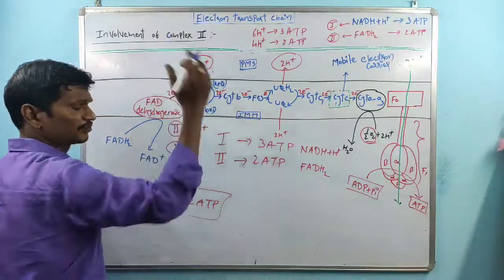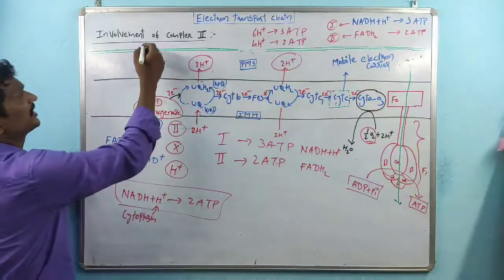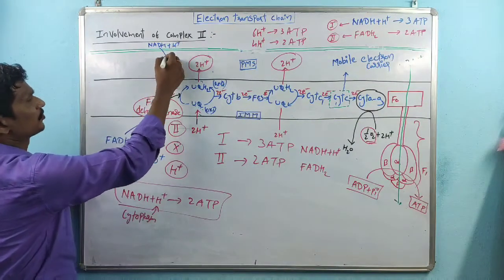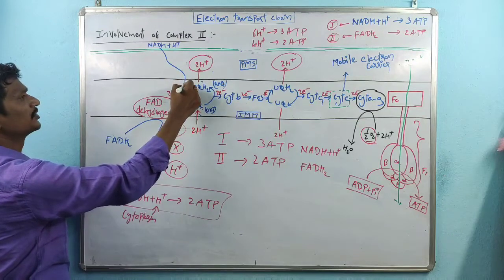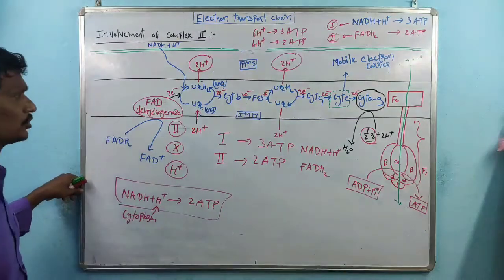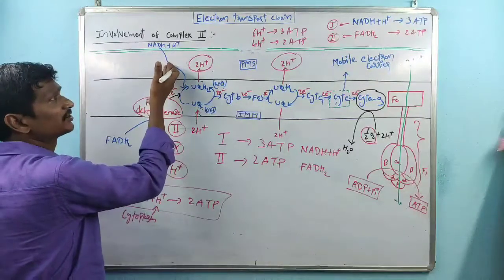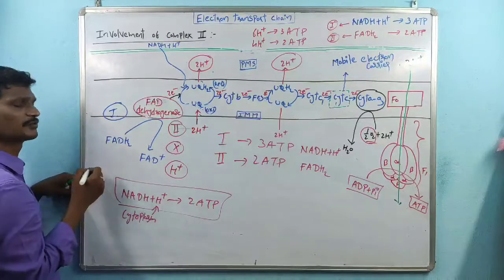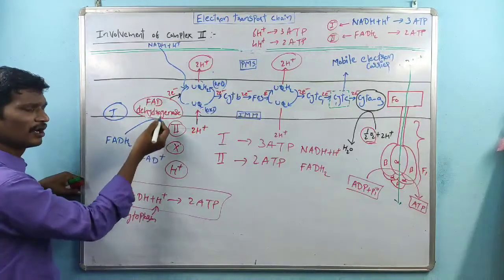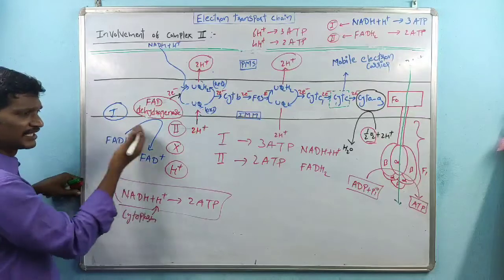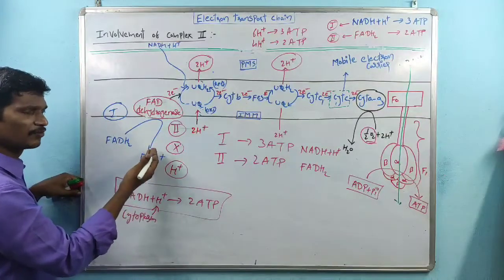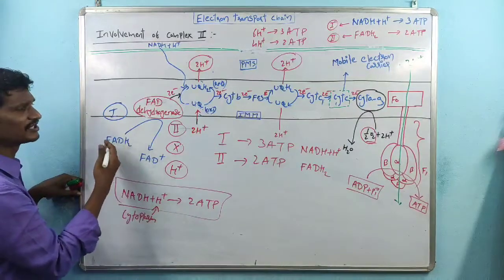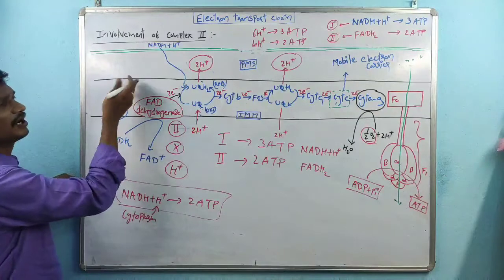Selective molecules are transported. So the cytoplasm-produced NADH + H+ easily crosses the outer membrane and interacts with the ubiquinone. Sir, why does it not interact with complex 1? See, complex 1 is always present on the inner side. Complex 2 is also always present on the inner side, because whatever TCA cycle compounds are there, these are available inside. That's the reason why complex 1 and complex 2 are always available on the inner side and not on the outer side.